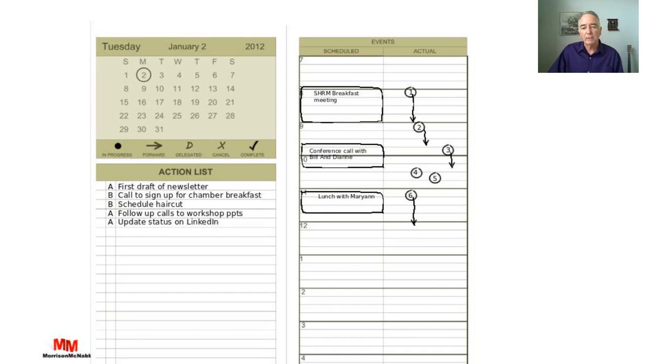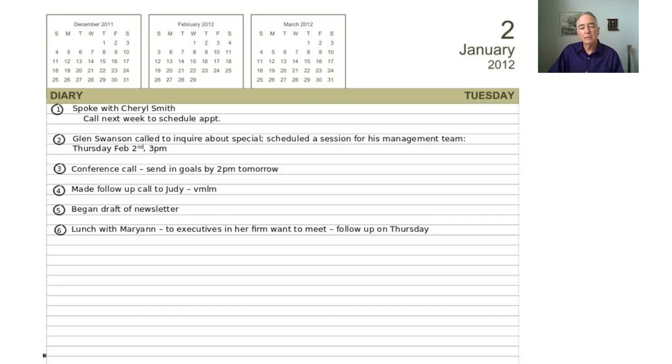I know these two pages aren't in agreement, but don't worry about that. It's just symbols here, symbology. So you've just started on that activity that you've planned on, and then the arrow represents how much time you actually spent doing that. Okay, so this is an appointment, a breakfast meeting I've got here. It took 1 hour, and then I started task number 2. And just going back to the previous page, there's number 2, and then the notes that go along with it. And in the case of a phone call, you may be documenting decisions that were made, promises that were made, things that need to be followed up on.